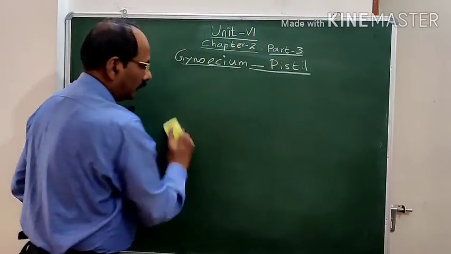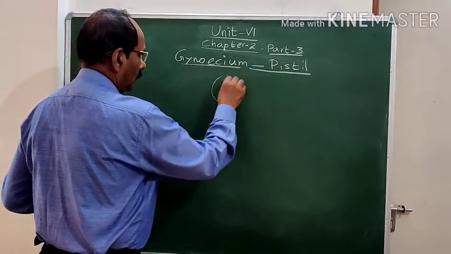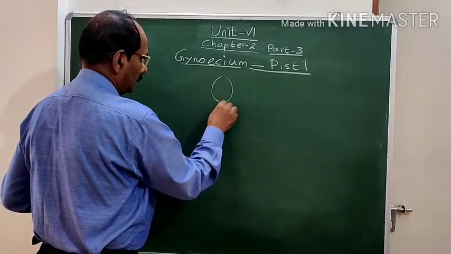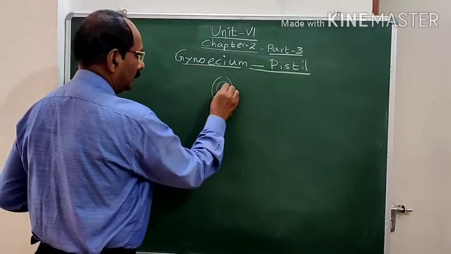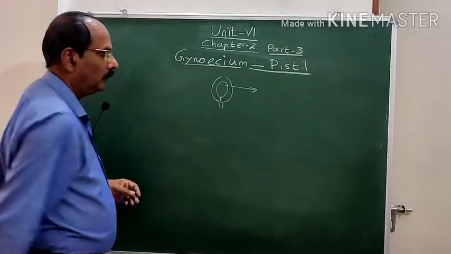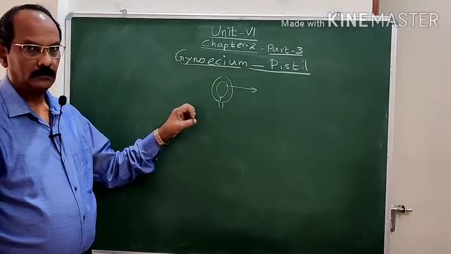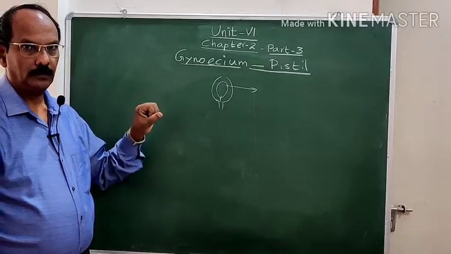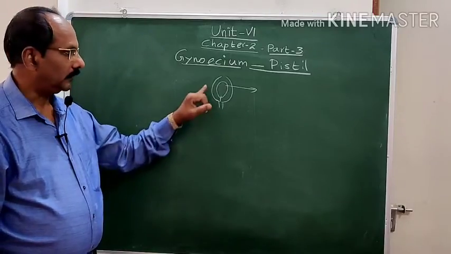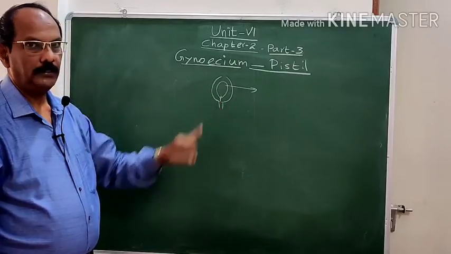So I told them, in the ovary. So this is the ovary containing placenta. On the placenta, the ovules are attached. So let us study the details of this ovule, because the ovule is the most important part in the female reproductive structure. So we are going to study the topic, sexual reproduction in the angiospermic plant, or the flowering plant. So the structure of the ovule is very important.